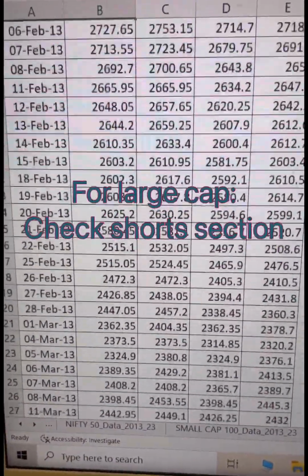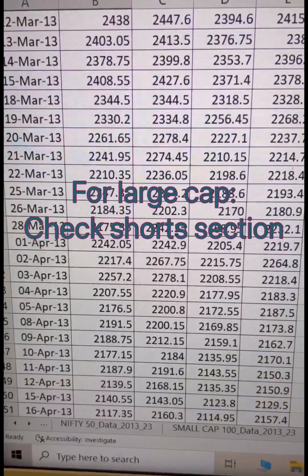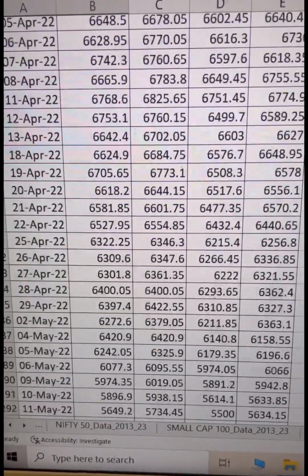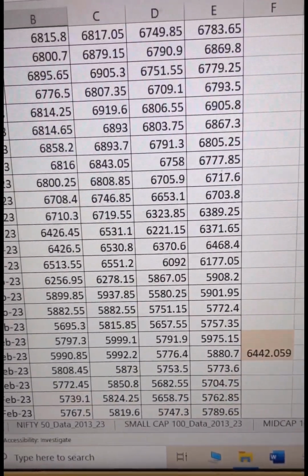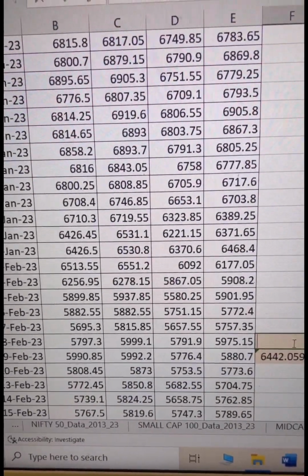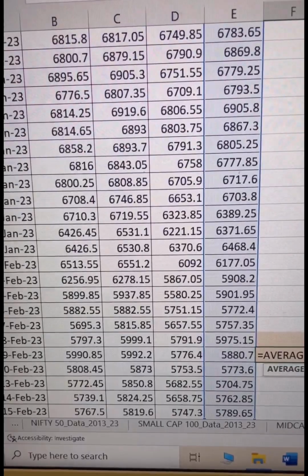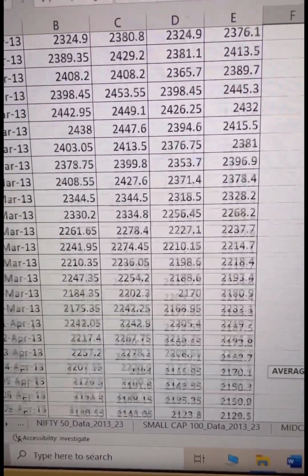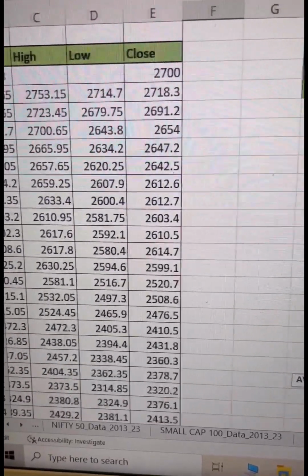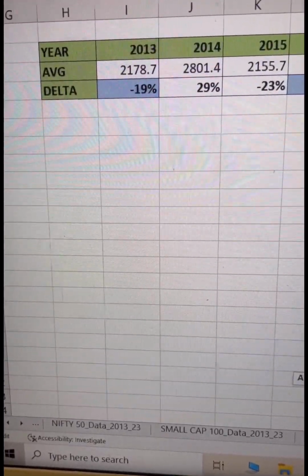Now let us look at the metal industries from the last 10 years. I have taken the data for metal industries, because metal is a very massive and booming industry, and we should also focus on it because it's an upcoming trend. We can see that the data is accumulated, and then it has been analyzed.